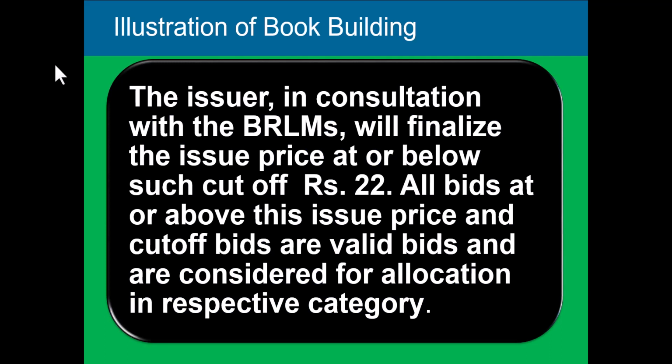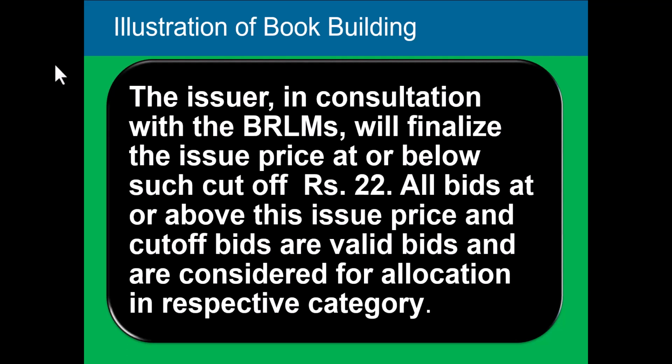Okay, can you read, Shubhangini? Yes, sir. Illustration of book building. The issuer, in consultation with the PRLMs, will finalize the issue price at or below such cutoff rupees 22. All bids at or above this issue price and cutoff bids are valid bids and are considered for allocation in respective category. Okay. Now,